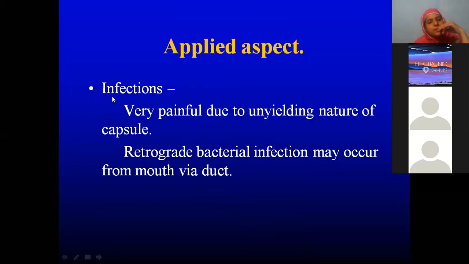Coming to the applied aspects, what is the common infection you see in small children? Mumps. Very painful. Why is it painful? When we were discussing the ischiorectal fossa also, I told you wherever the fat is tightly arranged, the pain is more because it cannot expand. Similarly, here the investing layer of deep cervical fascia is splitting to enclose the parotid gland, forming the false capsule. So if there is any infection in the parotid gland, it cannot swell because of the tight attachment.